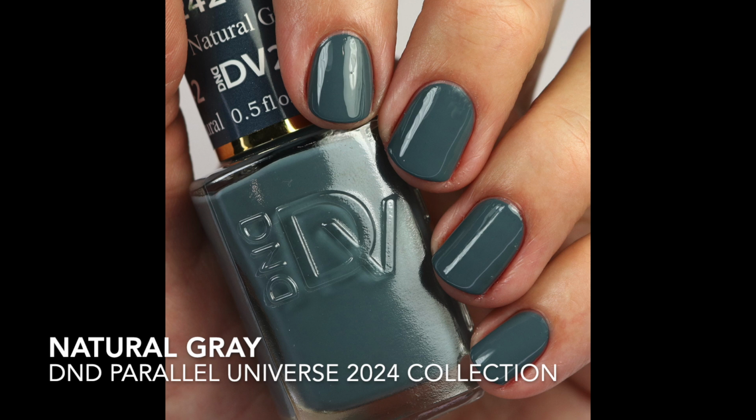So when you look at it, you think, is it gray? Is it blue? Is it green? You can see all those colors in it, and hopefully you can see it here. It's just very unique. It's got a smokiness to it, which I really look forward to in the fall. It's just interesting. So I didn't know what category to stick it in, and I stuck it in the green